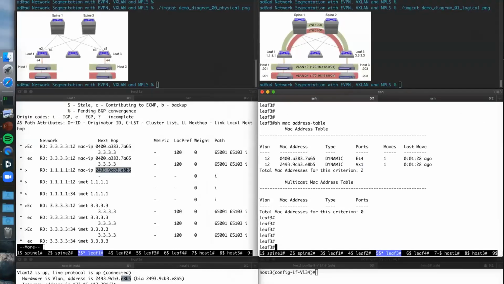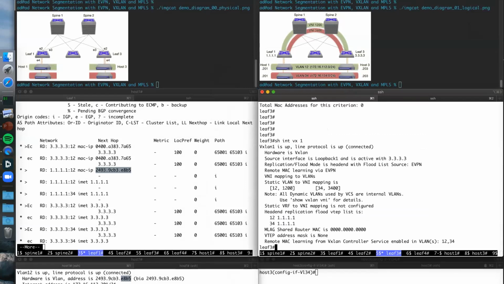When Leaf 1 receives a response from host 3, it is going to know where to send it, because it's behind VXLAN 1. I've got interface VXLAN 1 here where I see the mapping between VLAN 12 and VNI 1200. And I know that when I need to send traffic, if I've got any BUM traffic, I can send it to that specific